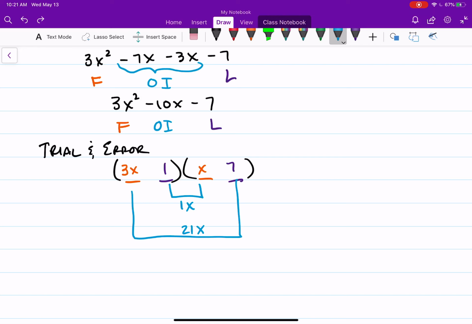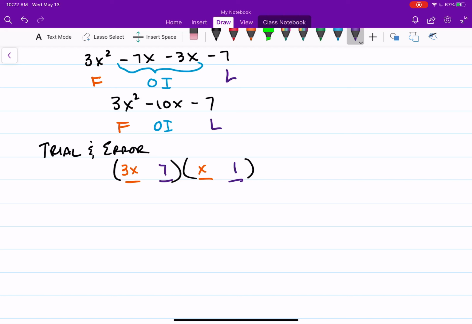And you're going to be like, no. I can get 20. I can get negative 20. I could get negative 22, and I can get positive 22. Okay? So, with that being said, I know that 1 and 7 is not the right thing,